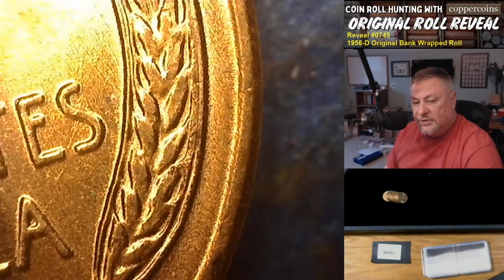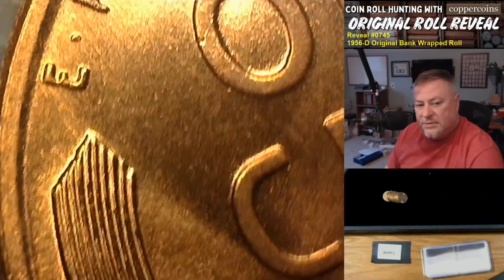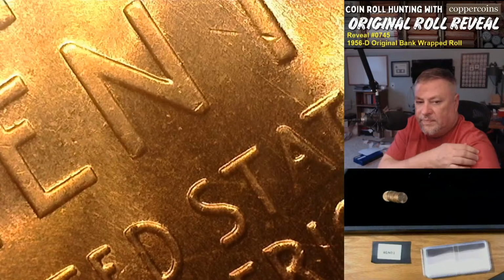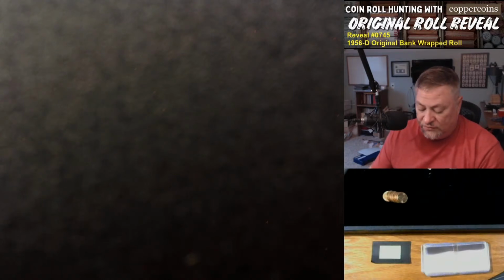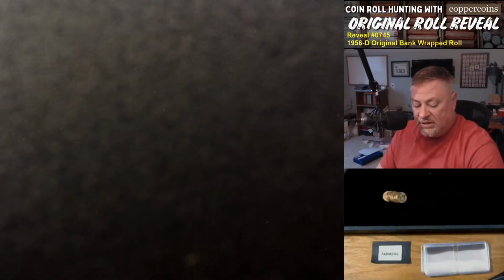Alright, let's take a look at the reverse here. Nothing of note coming off the reverse. That's coin number 41. We've got another doubled eyelid. Well, let's take a look at coin number 42 for Farm Dog. Coin number 42 for Farm Dog turns out to be...